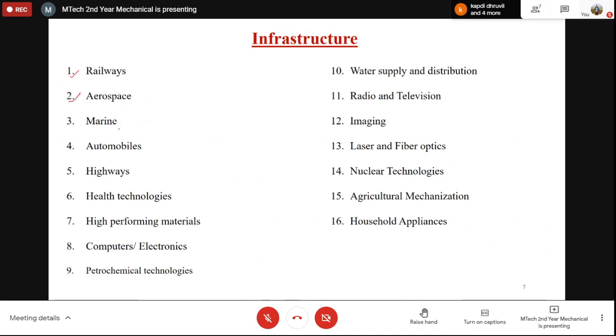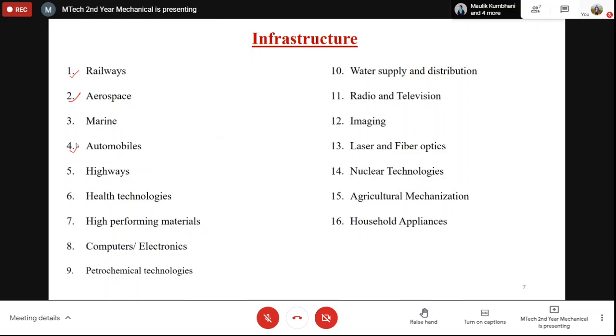Marine and submarines are there. They work under a salty and aqueous environment, and corrosion problems are there. So what type of manufacturing techniques are required on the marine side? Automobiles have very thin sheets. If you have seen the cabins of automobiles, they are made of very thin sheets. So we use spot welding to join the sheets. Special techniques are required in automobiles.